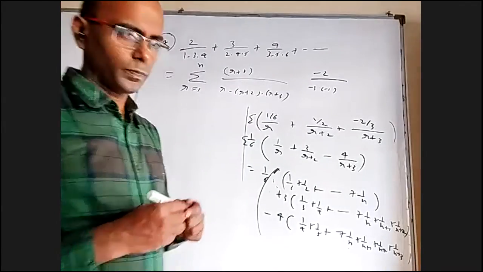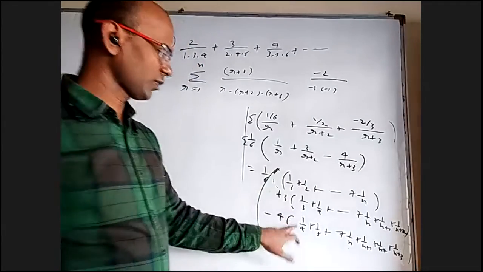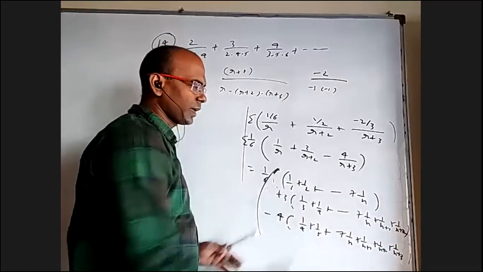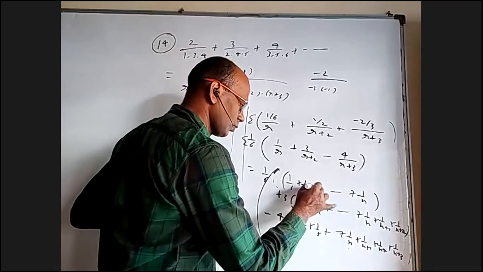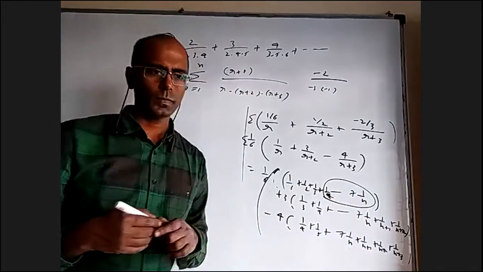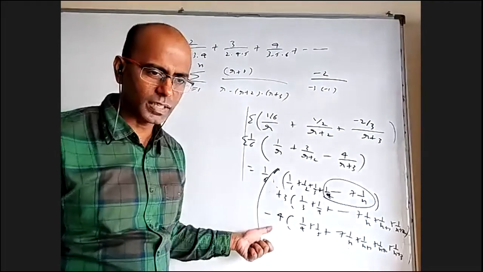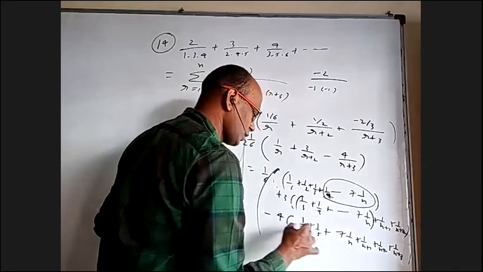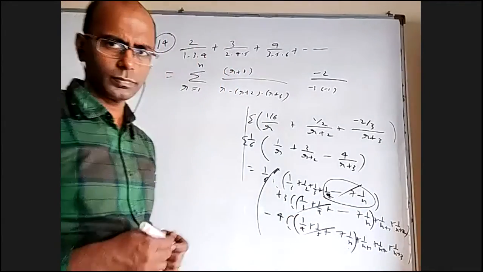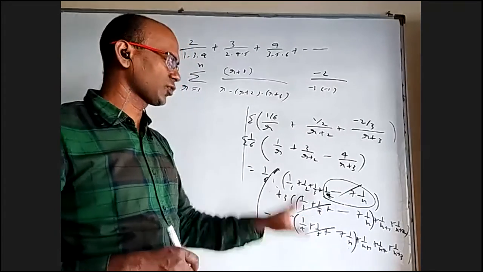Now what you can do, here 1 by 1 and 1 by 2 are missing. You can add and subtract. Here also 1 by 1, 1 by 2, 1 by 3 are missing. You can add and subtract. Or you can notice 1 by 4 to 1 by n is there everywhere. Look at this 1 by 4 to 1 by n. Here it is there 1 time. Here the same thing is there 3 times, but here minus 4 times. So this part and this part, will they cancel out or not? Yes, sir. Here this packet once, here this packet 3 times, same packet minus 4 times, they'll cancel out.